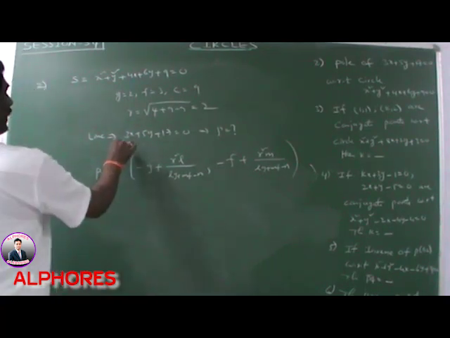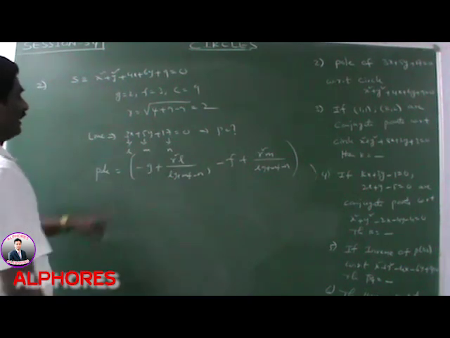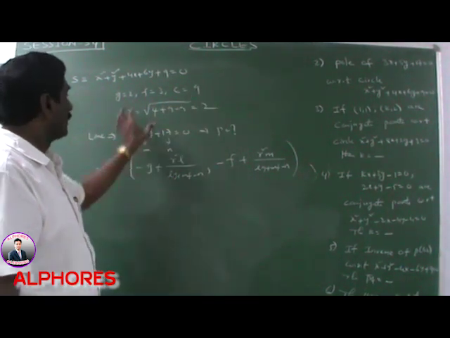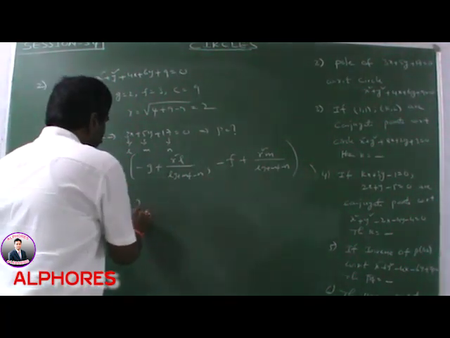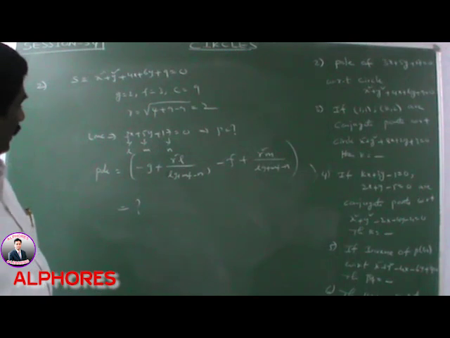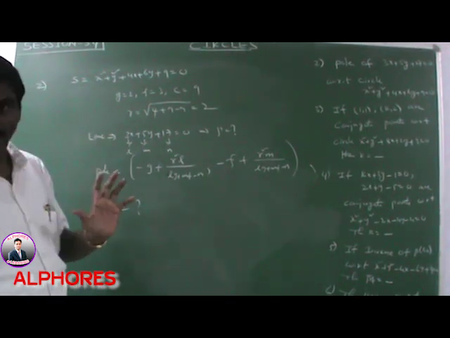Here, what is the value of l? l is equal to 3, m is equal to 5, n is equal to 17. These are known values, g, f, c values are known values, r is a known value. By substituting these values, we get the pole. It is a direct formula. Suppose it is unknown, then the pole can be found in this way.